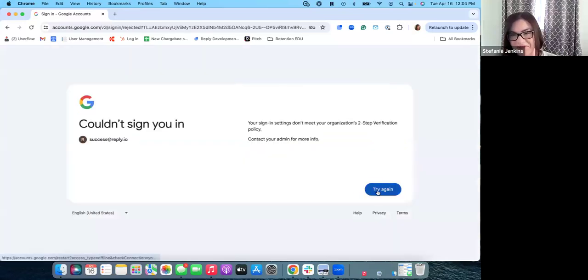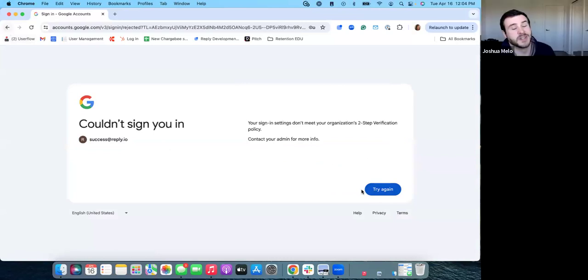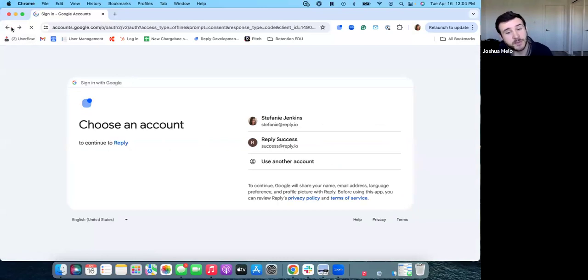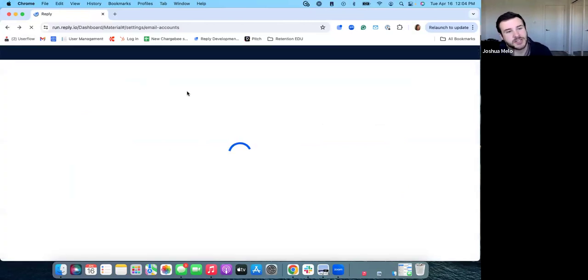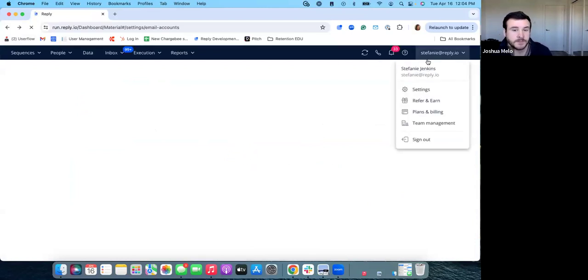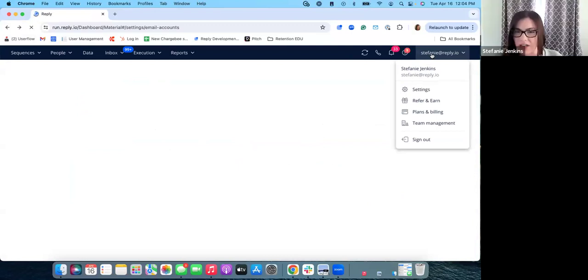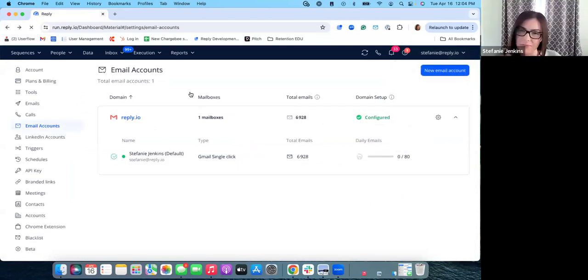Oh, well then. Oh, well, this one, so you do require on the back end in your actual Google settings to turn on enable access to less secure apps. Google considers everything that's not themselves a less secure app. And two-factor authentication should be on just for security purposes as well. Yeah, well, I know I do. I have connected it before, so I'm not really sure what's going on there. But anyway,